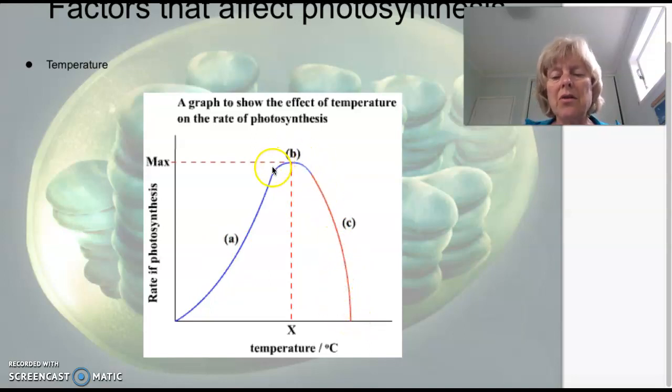So there is an area up here where the enzymes work best and where you have the highest reaction rate, and this is called the optimum